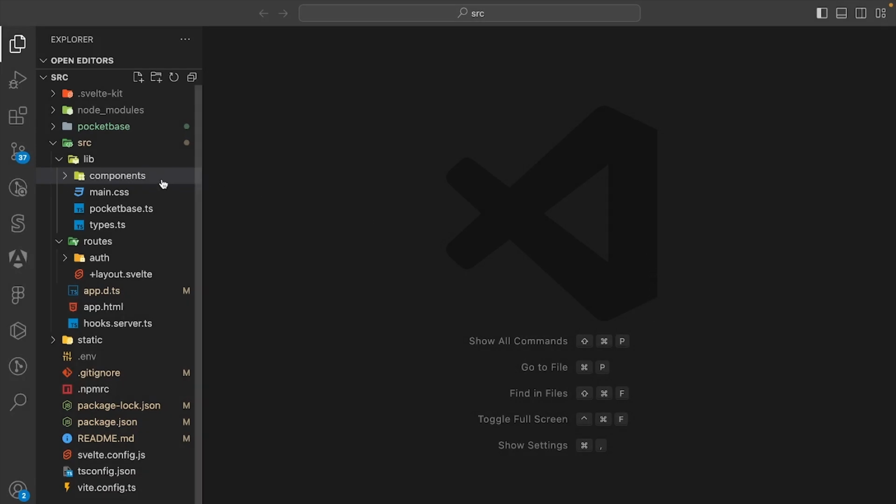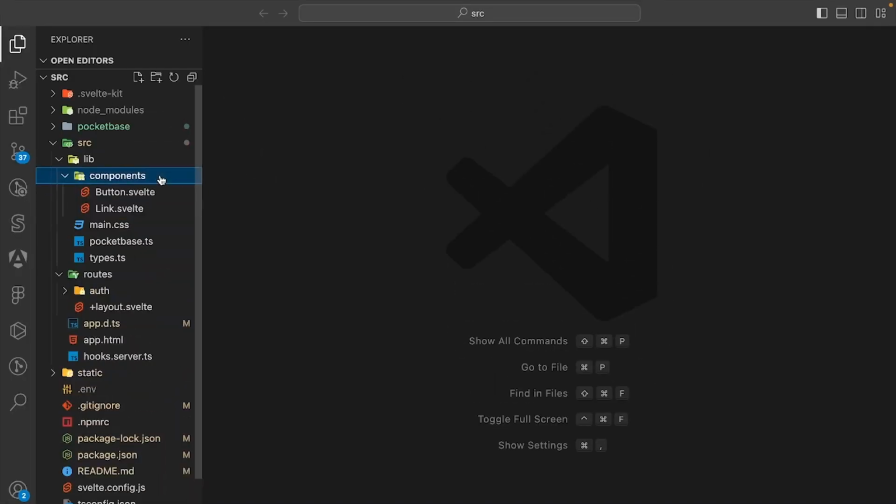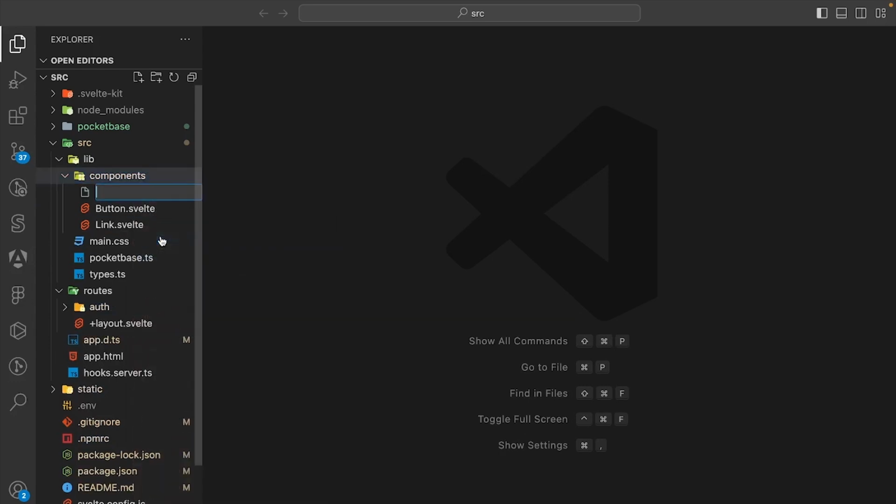So, the first thing we're gonna do is open up the terminal and run npm run dev, and then open up a new terminal instance, and inside of that one, let's open up the PocketBase folder, and then run ./pocketbase serve. So then we can close these terminals, and in the components folder, let's create a new file called post